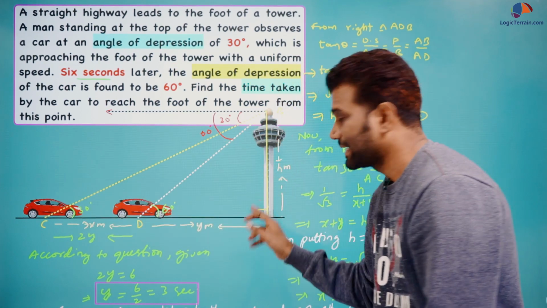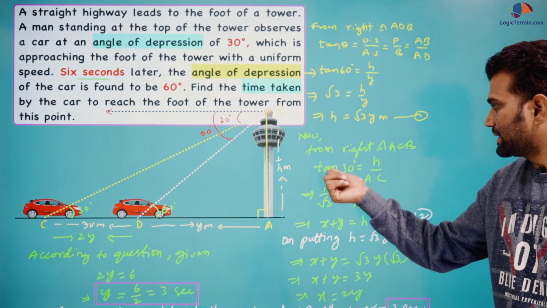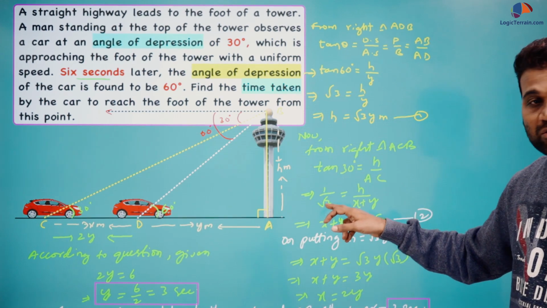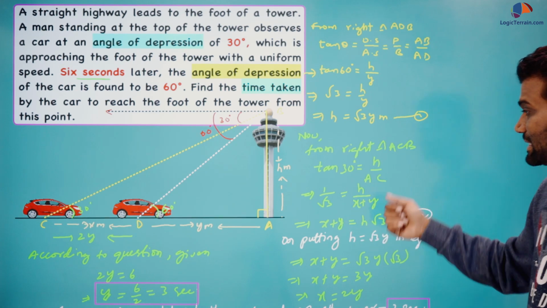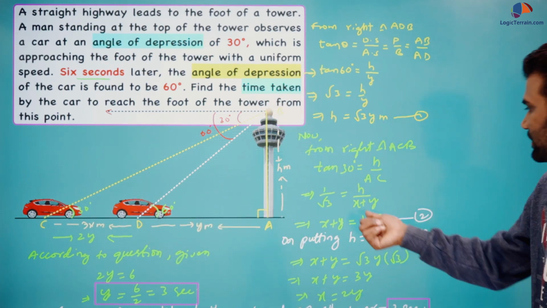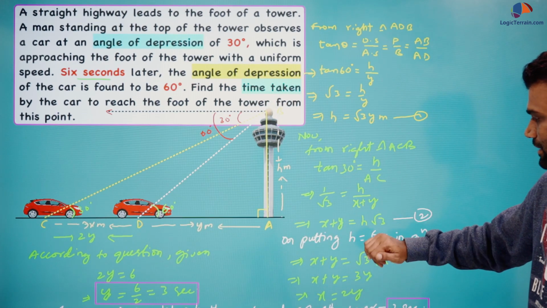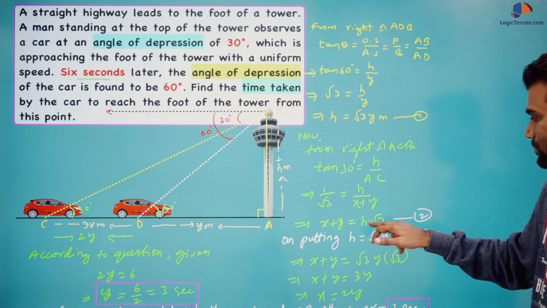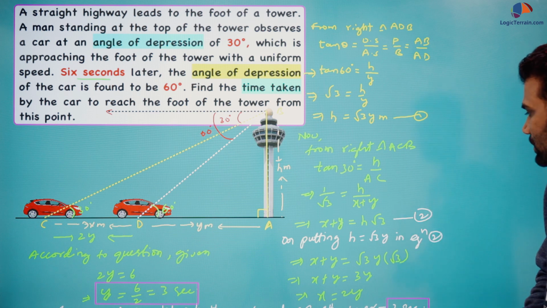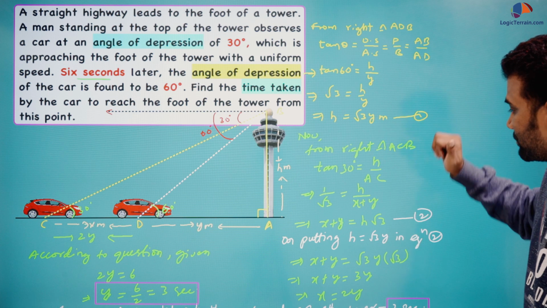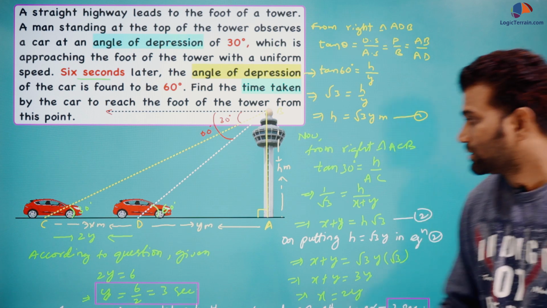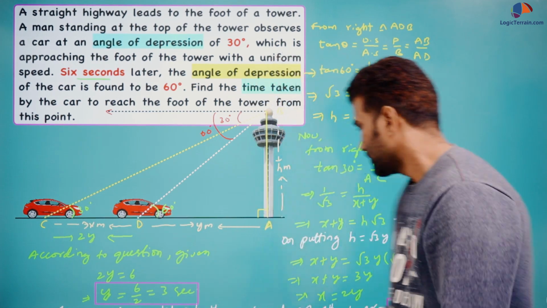Now by considering this right angle triangle, here theta is 30 degrees, tan 30 degrees equals h upon AC, this whole length. Tan 30 degrees value we know is 1 upon square root 3, equal to h upon AC, which is nothing but this plus this. We have assumed this length is x and this is y, so x plus y. And for the manipulations here we have got x plus y equals h square root 3. Let us take this as number 2. Now we know the h value from equation 1. Putting this h value in equation 2, we have got x equal to 2y. So this length we have got, that is 2y, right?